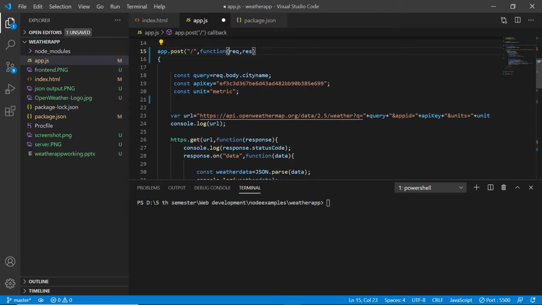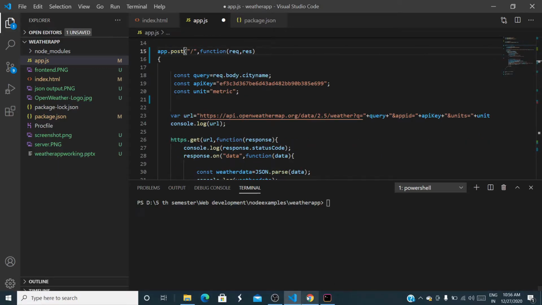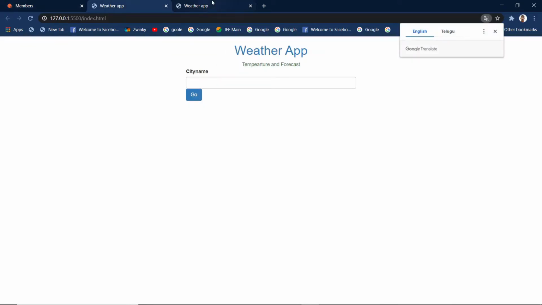Okay. So whenever there is a post request, in this one, this is a form which we have created. When we click on this, this will be submitted to our server as a post request, right?